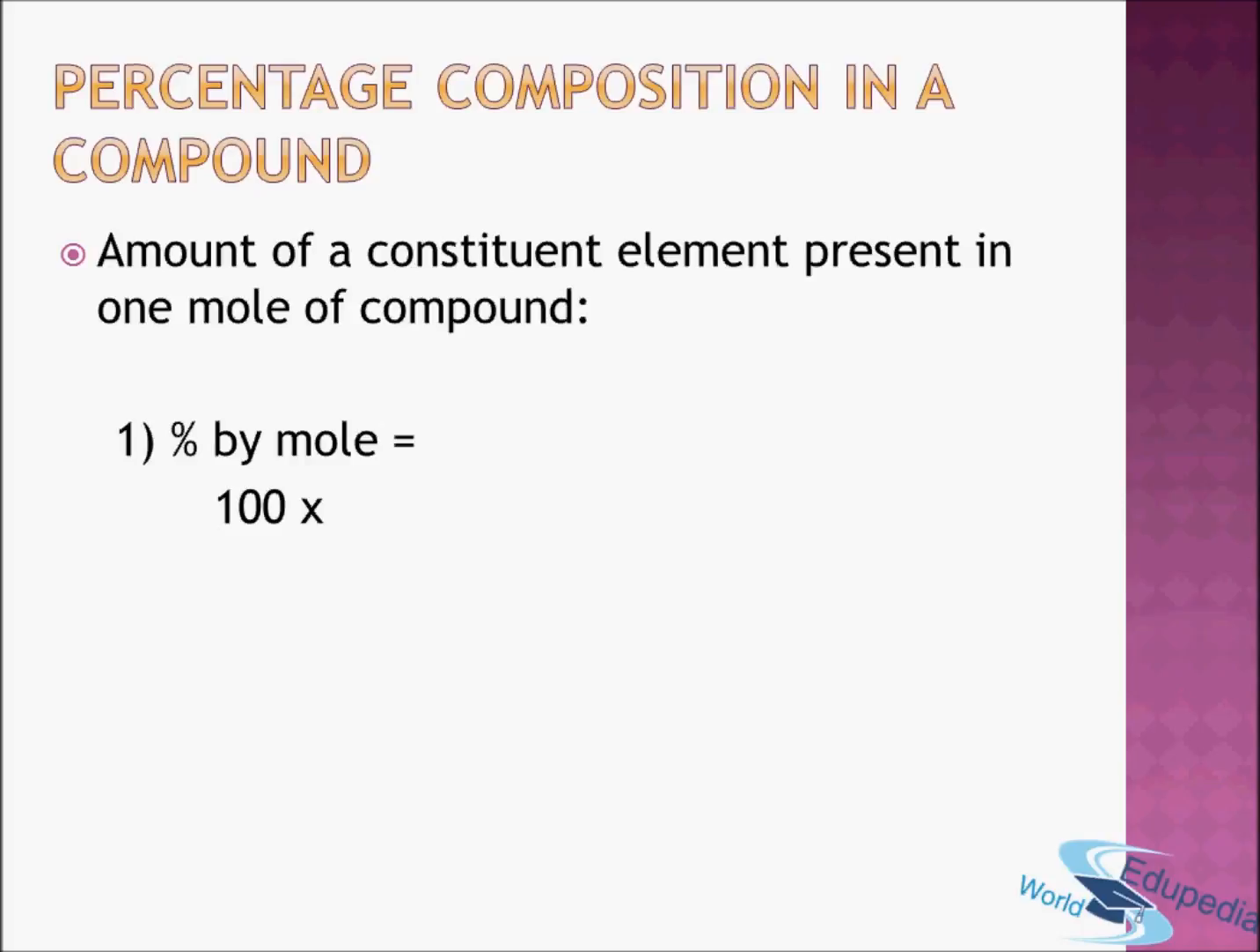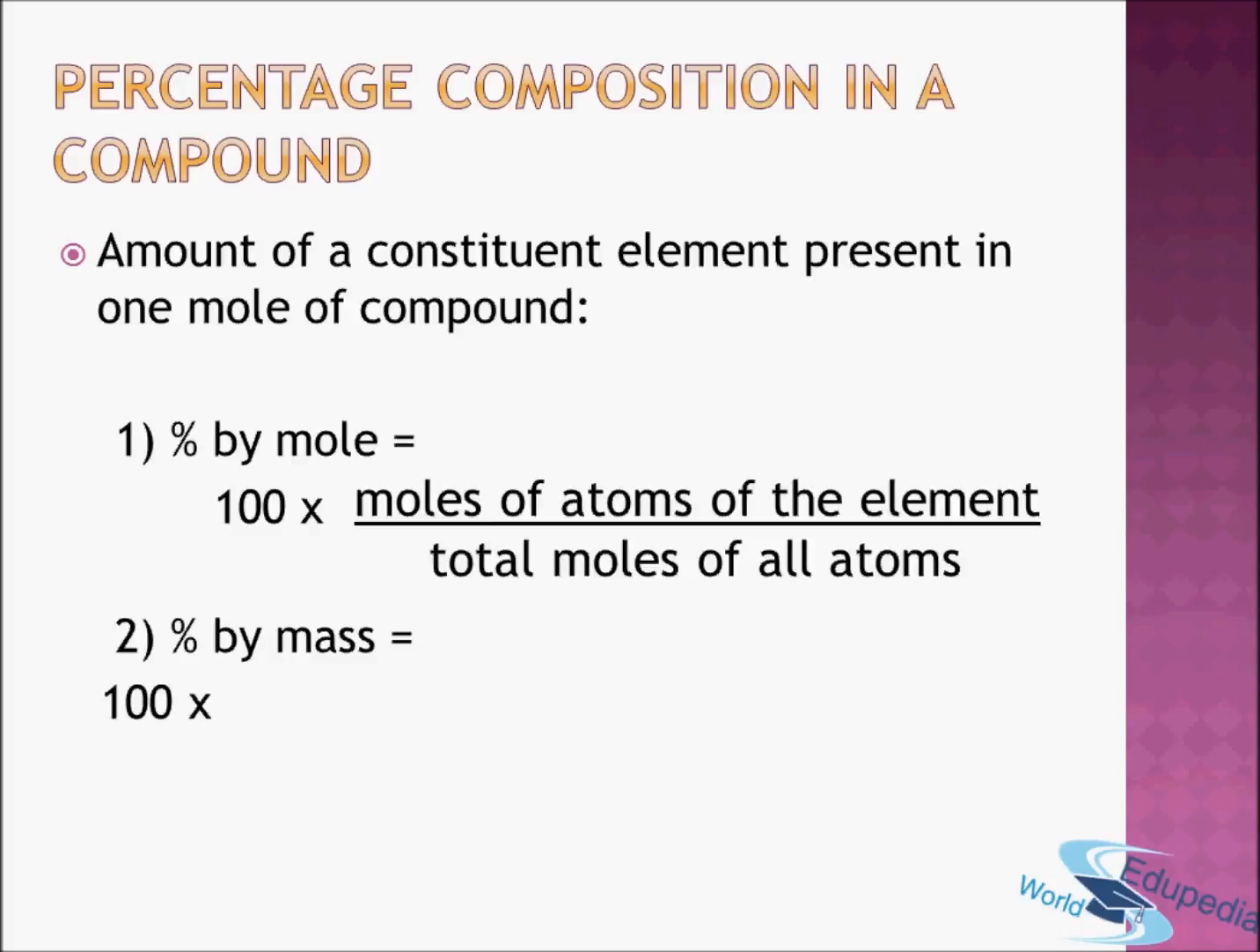So percentage by mole and percentage by mass are again calculated by multiplying a fraction with 100, because you have to report percentages. So you have to multiply the fraction with 100. So percentage by mole is 100 into some fraction, and percentage by mass is 100 into another fraction. So for percentage by mole, the fraction is moles of atoms of the element divided by total moles of all